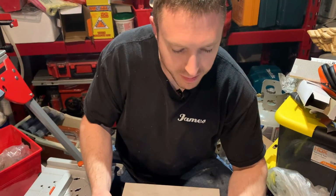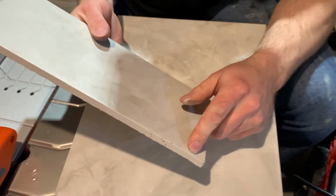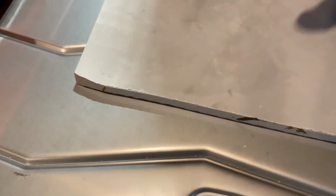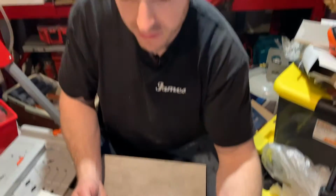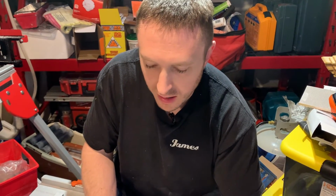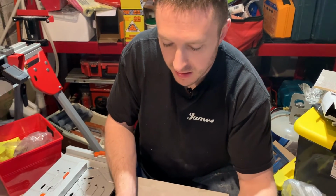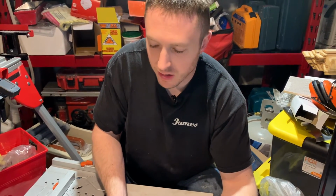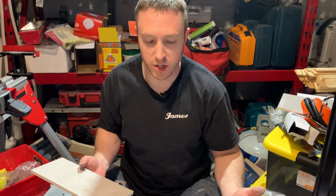We had something that happens quite a bit on tile. It will sometimes break away before it hits the end. So that did happen here, so we didn't get a clean cut through. I mean, the cut's not the greatest. I wasn't forcing it a ton through. I was trying to go at a somewhat adequate speed in order to cut this tile. Sometimes though, blades do cut a little better after getting worn in some. So we're just going to keep